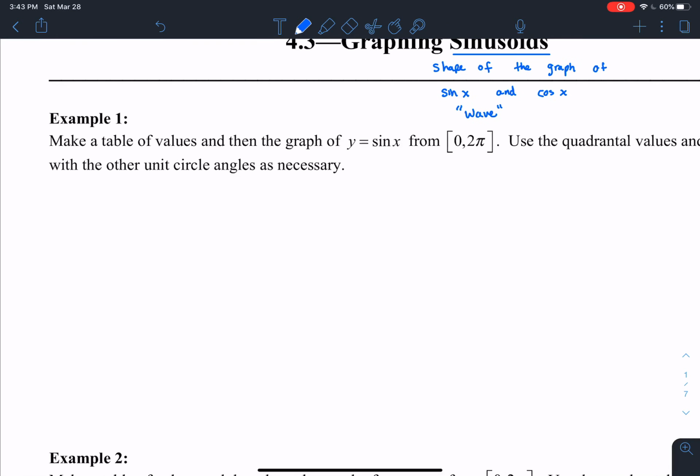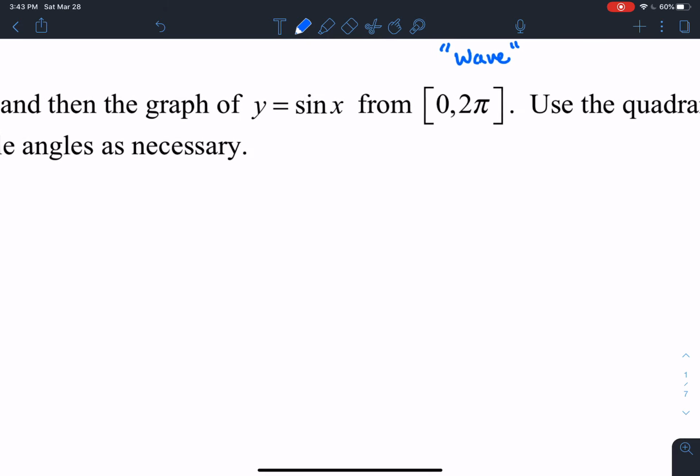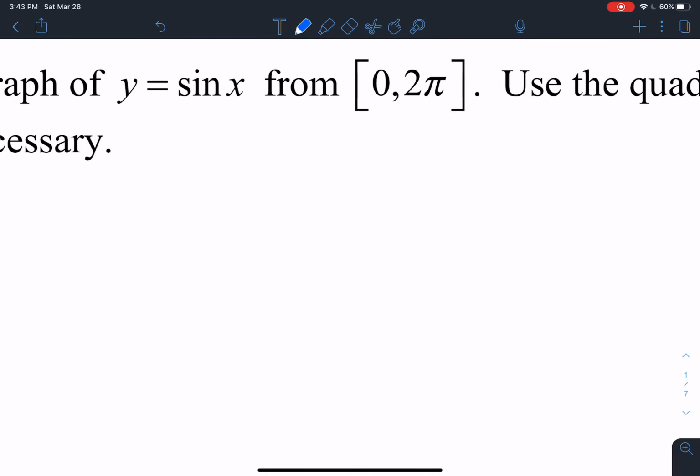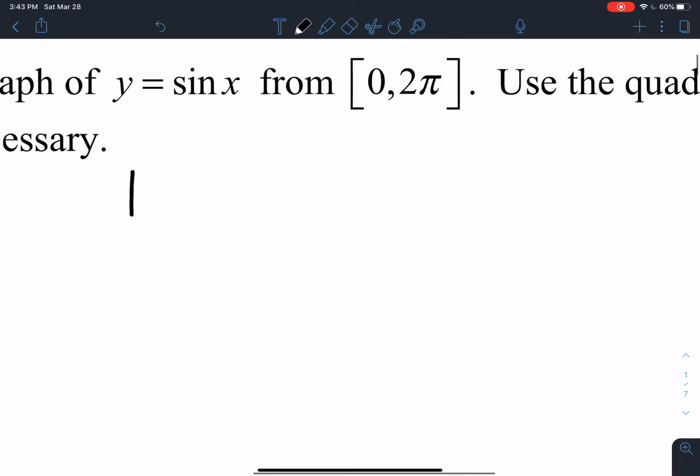So what we're going to do is first look at sine, from 0 to 2 pi. If you have your unit circle, you should definitely get that out or refer to it as I come up with these values. The really easy ones are the ones on the axis of the unit circle: 0, pi over 2, pi, 3 pi over 2, and 2 pi. Those are easy because they're either 0 or 1. So that's what we're going to do